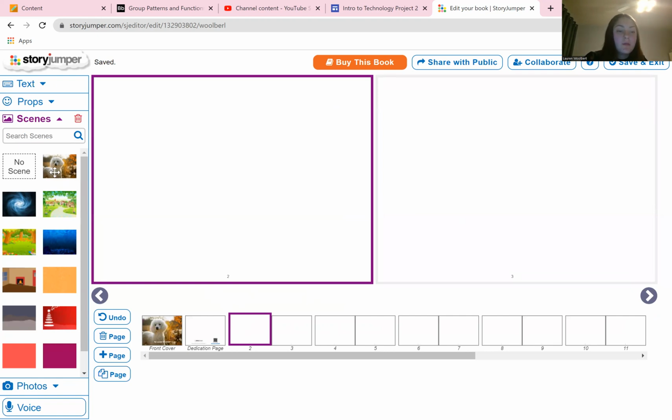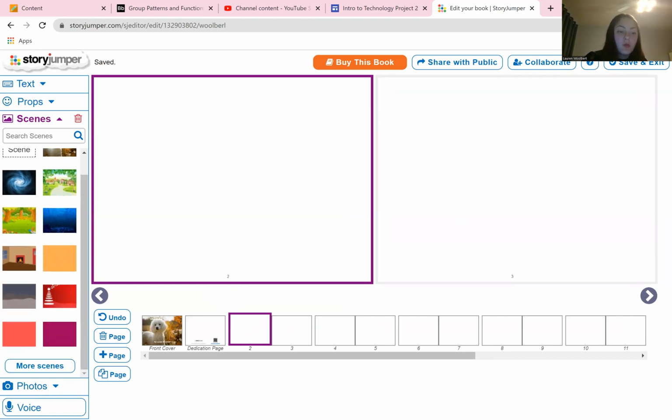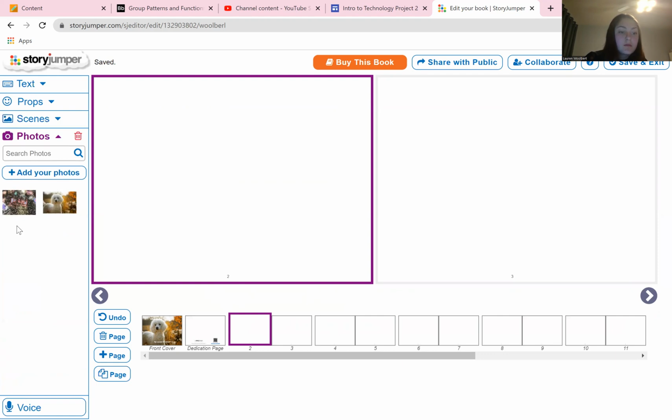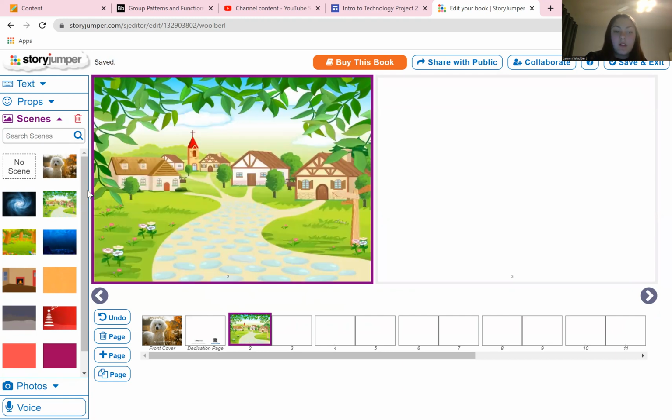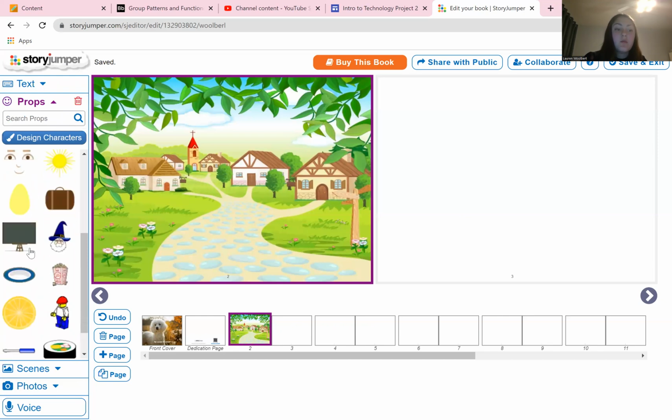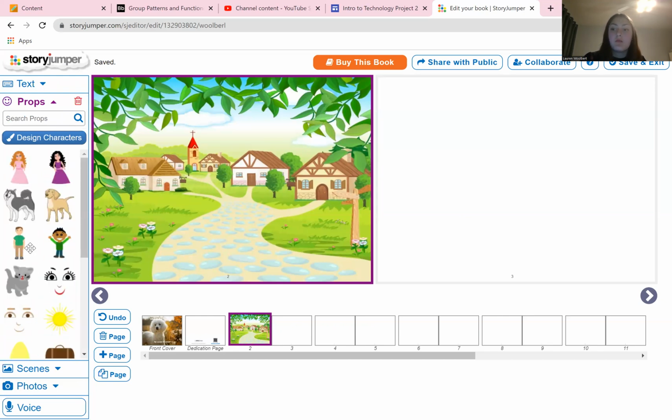So again, we can do a simple background, or we can add in photos. These are the two photos I have from previous books. So we'll just do a simple scene of here. So this is really encouraging for students. They get to pick out what they want. They can be creative. They can write books on whatever topic you assign, or they can just make free books if they'd like. With Story Jumper, you can also make this a homework assignment, but here I'll also show you